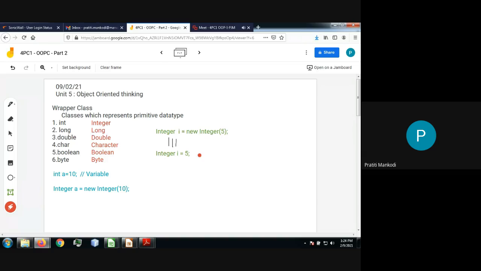Here you have not used the new operator, still the object will be created. Why? Because of the concept called boxing. Actually not that fighting boxing, but there is a concept of boxing, unboxing and auto boxing